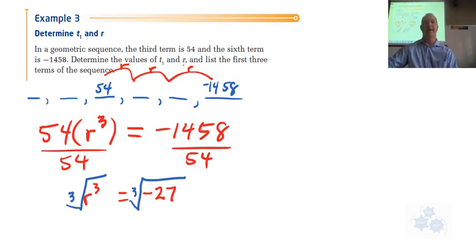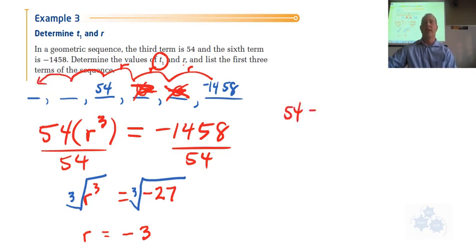So anyway, r is going to be negative what? Negative 3? Okay. R is negative 3. Again, we don't need to know what these terms are. It doesn't matter. What we do need to know though is T1. So let's work backwards. So 54 equals what? T1, that would be this one that we don't know, times r